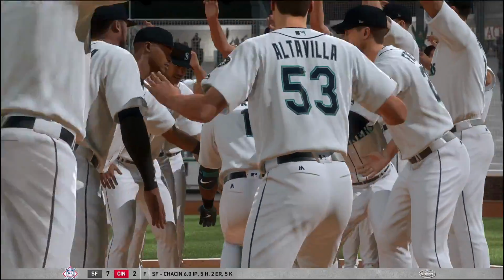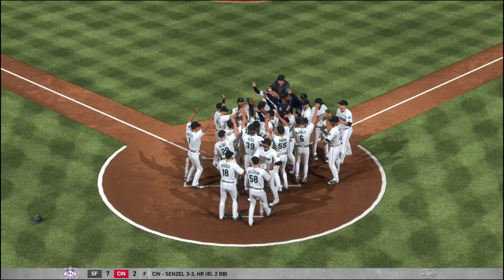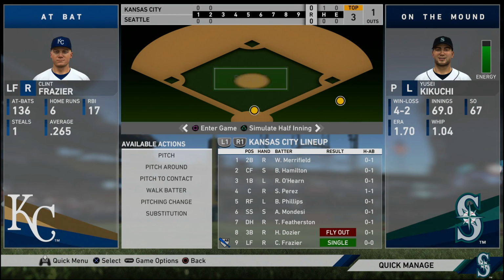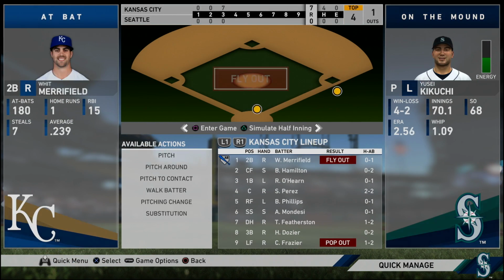We should be, because Texas is right on our heels, and we know what kind of team they have and how well they are doing here in this franchise. But we get the victory here, 6-4 off of 12 hits. So now we hop into